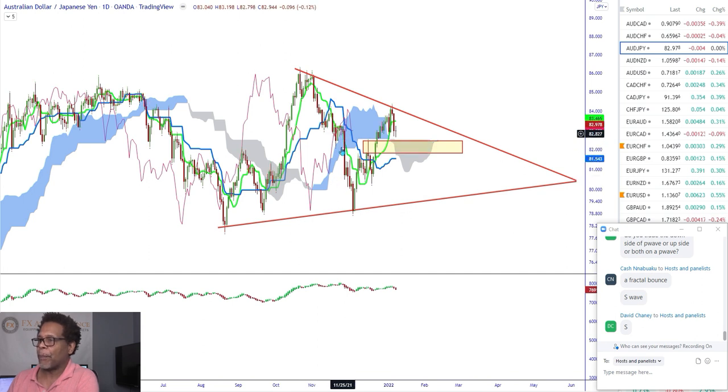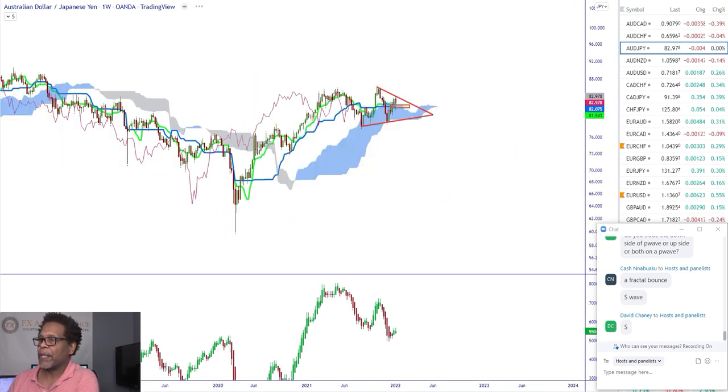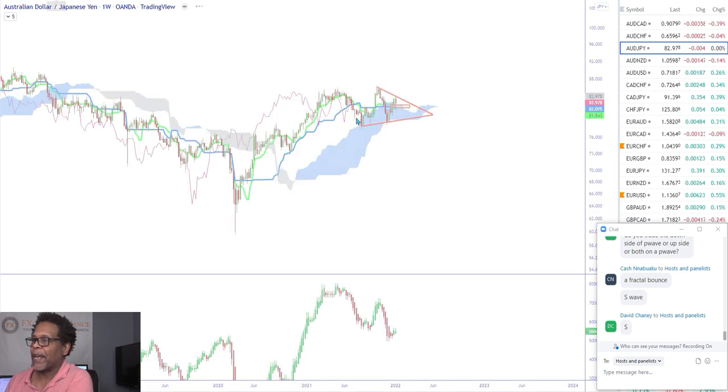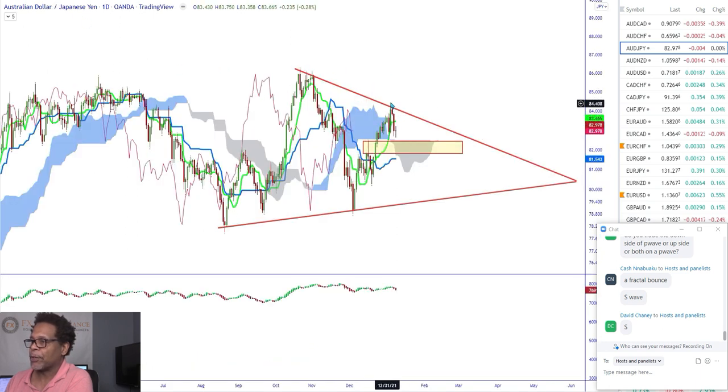I might not have seen it on my daily time frame in time to trade it, but I would have probably seen it quicker on my weekly time frame, to be able to trade down when we got here. I wouldn't have known of the P wave really until we hit this second time, because this is the second hit and this is the second hit. So now I really can see the P wave, and now I could trade it short off of this daily time frame, and this is where you could have shorted it.